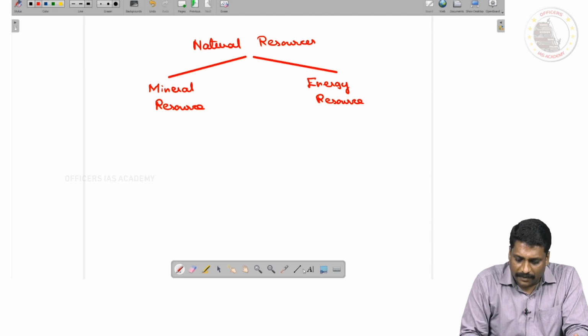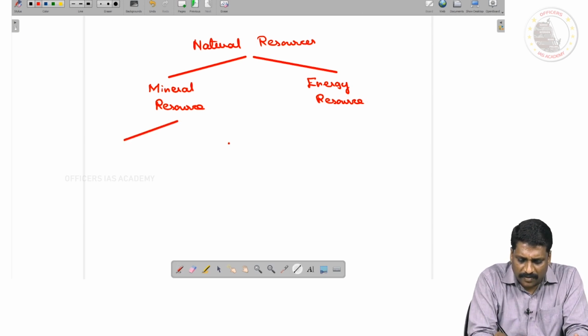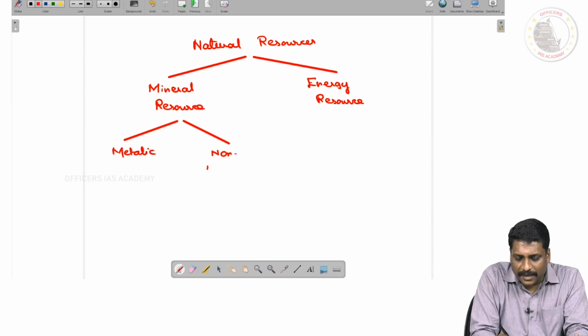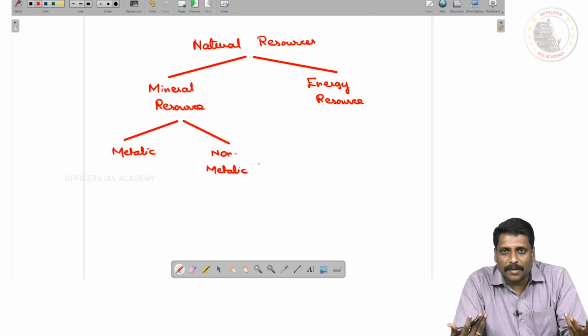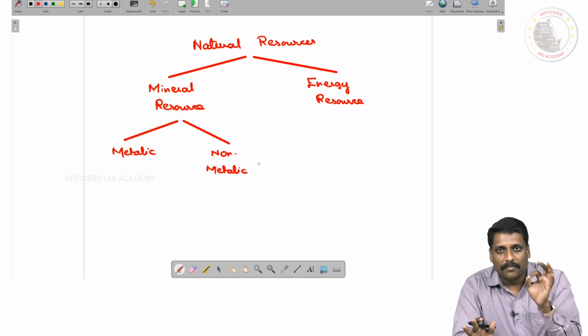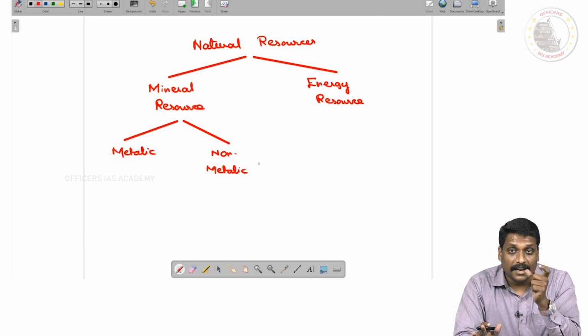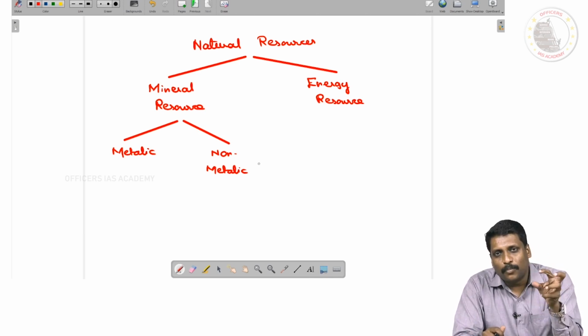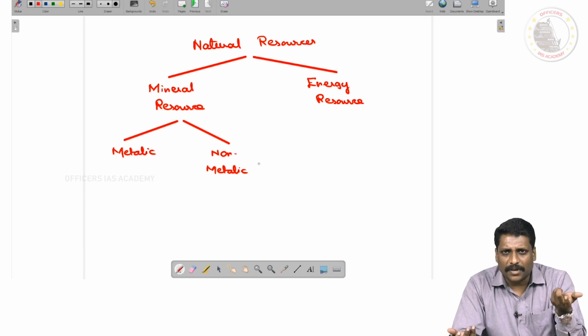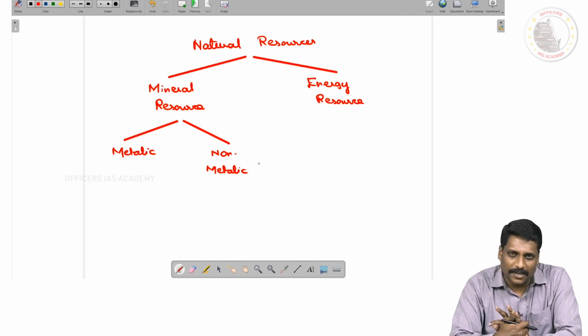sir? And when I talk about minerals, again the best way of classifying, you can have metallic minerals and you can have non-metallic minerals. Make it very simple. See how easy it looks, metallic and non-metallic. It means you're not going to prepare all metallic and all non-metallic minerals. No. The word says key natural resources. So the very important key metallic minerals, 3 or 4 non-metallic minerals should be sufficient for your preparation.